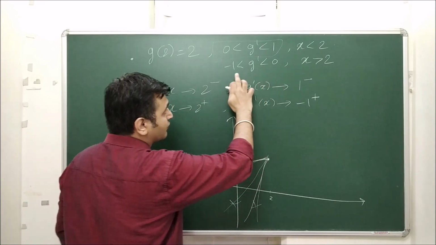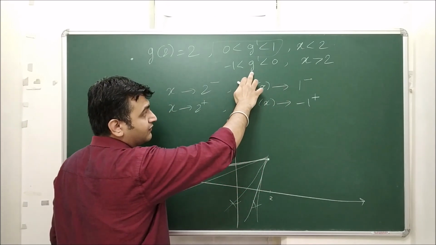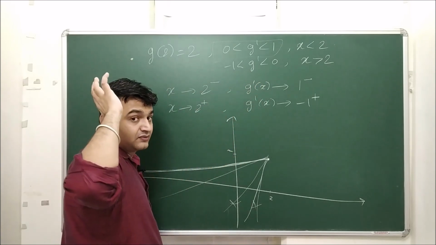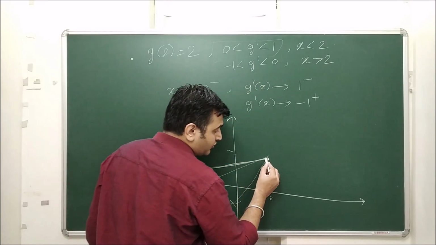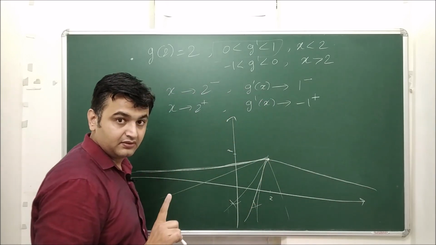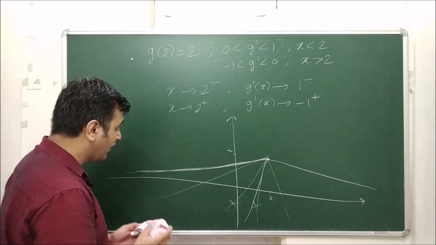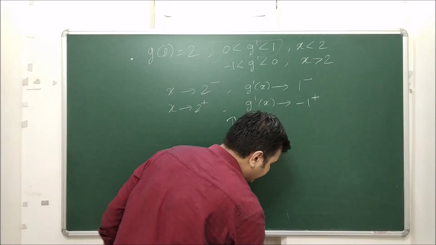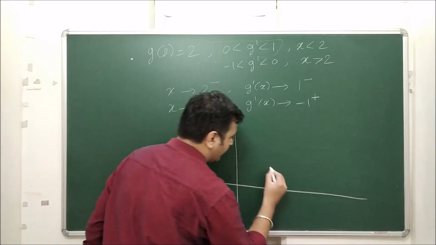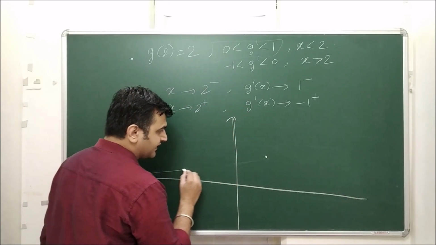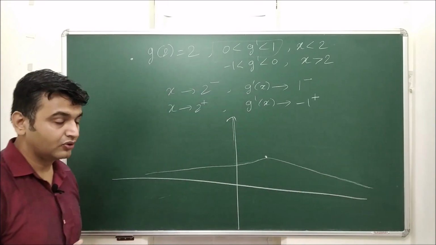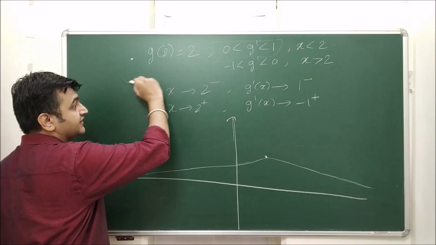Similarly, for x greater than 2 it's decreasing because the derivative is negative, and again the slope is not going beyond -1, it is from -1 to 0. So here also it will decrease very nicely, not randomly. So that's the first thing to observe. Using the sign and the range, we know that it will increase very nicely and it will decrease very nicely, not rapidly. Good, so this information is used.